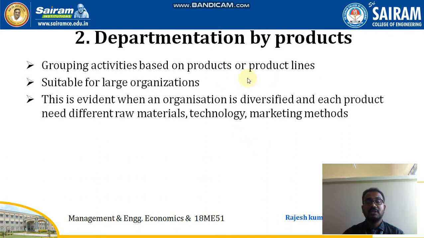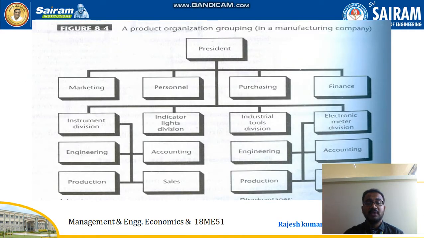Moving to the second function, that is departmentation by products, grouping activities based on products or product lines, suitable for large organizations. This is evident when an organization is diversified and each product needs different raw materials, technology, marketing methods. And here the flowchart explains again a product organizing grouping in a manufacturing company where a president alone